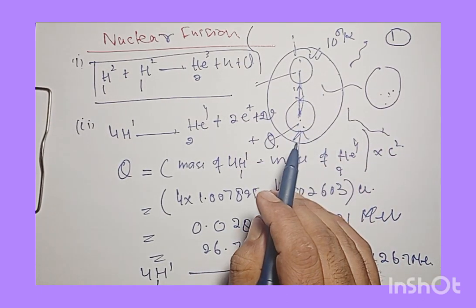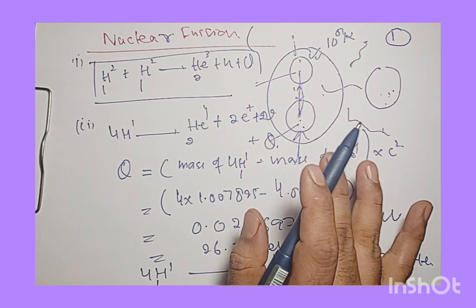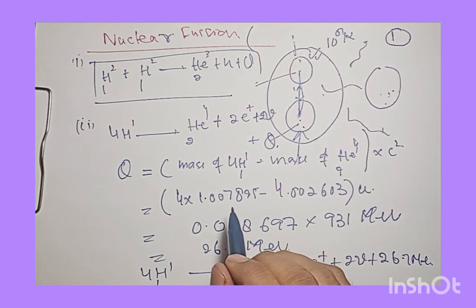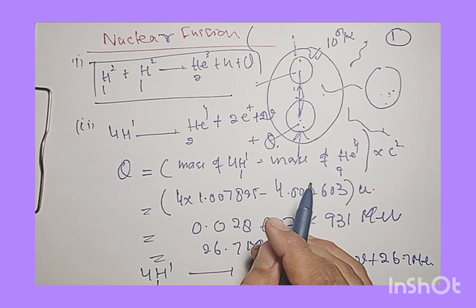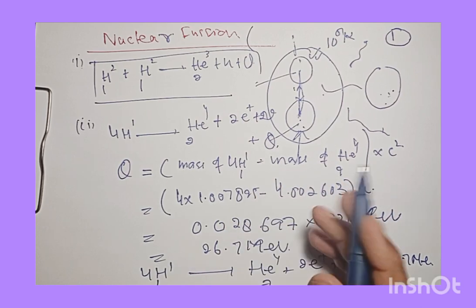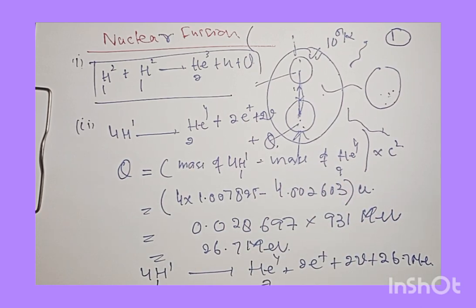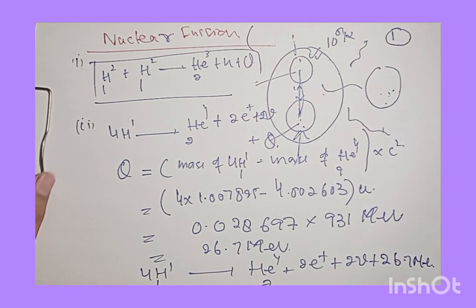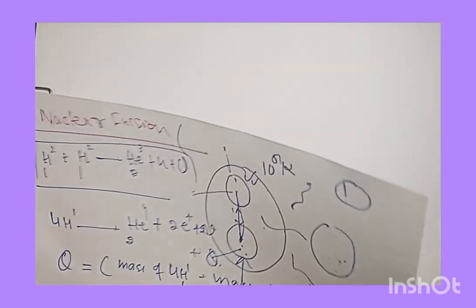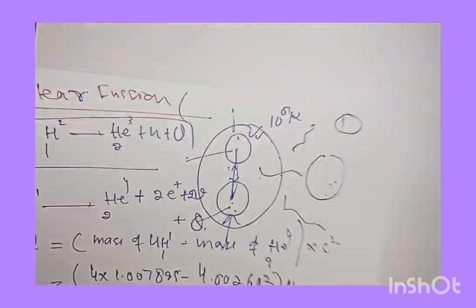This much temperature is available in the core of the sun and other stars in the galaxy, in the universe. So nuclear fusion occurs in the sun and other stars in the universe. Now, we would like to have a calculative comparison between nuclear fusion and nuclear fission to have a measurable understanding of in which reaction